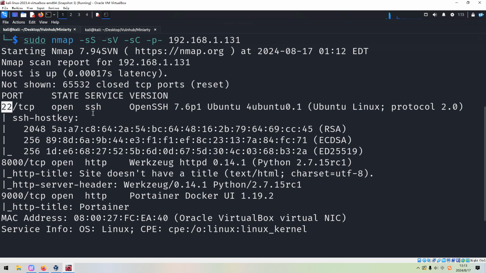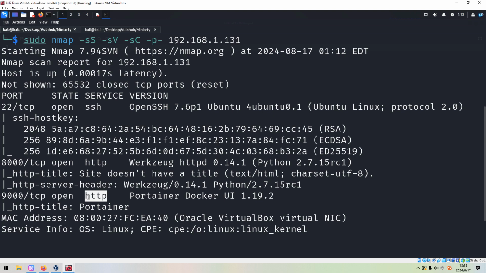The first one is 22, which is running SSH service, and also the version information, including the exact version number. Although this version is not very updated, I don't think we can find any vulnerability except the username enumeration vulnerability, which is not what we want at this moment. The next one is 8000. Of course, just as instructed by the author, this is not in the scope of this project. And the last one is 9000, which is also running HTTP service.